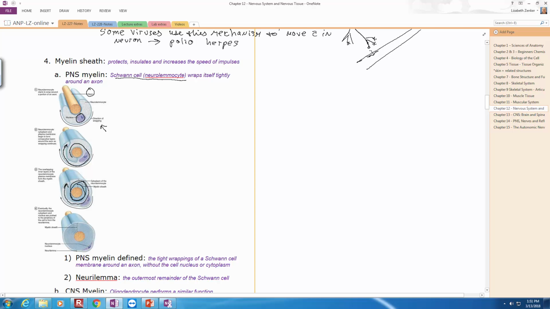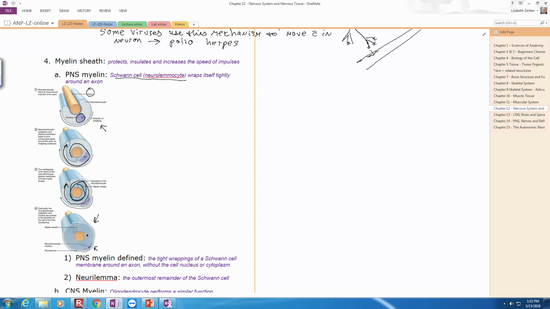Okay, and see now it looks like the rings of a tree in this picture. So it's wrapped around many, many times. The wrapping is its plasma membrane, okay? It's squishing, so there's a little bump where the nucleus is and where a little bit of its cytoplasm is. There's not a whole lot of cytoplasm on these inner rings. It's kind of squished out as it kept rolling around the nerve. So you have one nerve and the cell gets on it and then just wraps itself around and around and around. And the more times it wraps around, the better, because there's more